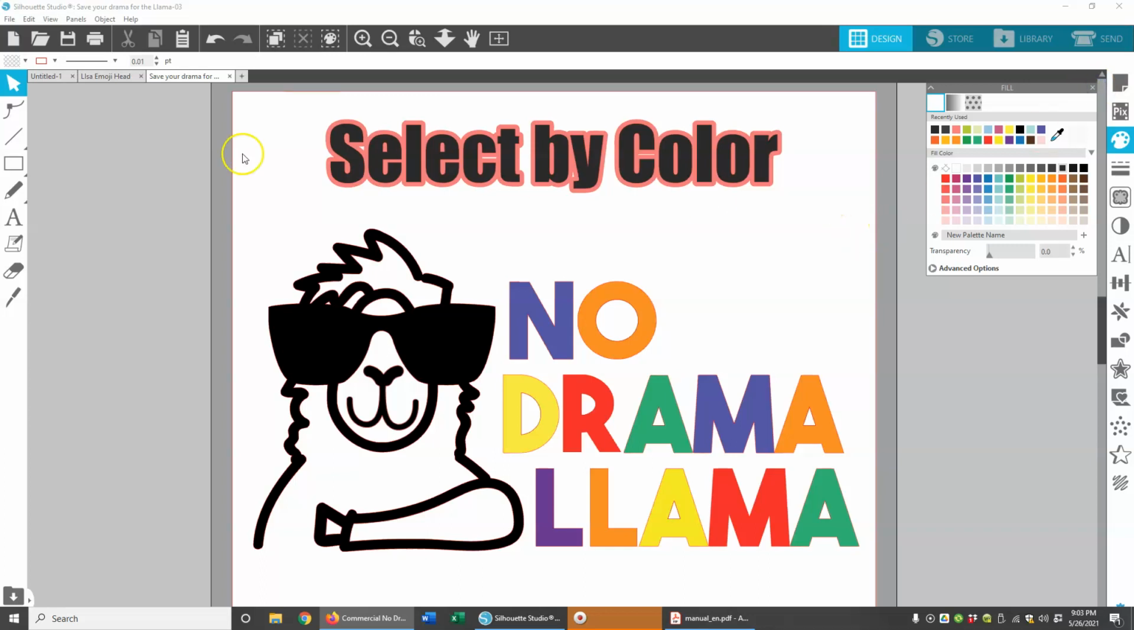Today we're going to be talking about select by color. I will be showing you in standard edition, so anyone can do this. I want to start off by letting you know that I did get this image from designbundles.net. I got it quite some time ago. It was free at the time. It probably isn't now, but there was a bundle of different llama files, so that's where this is from